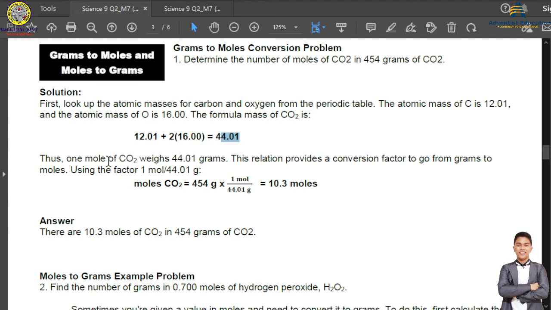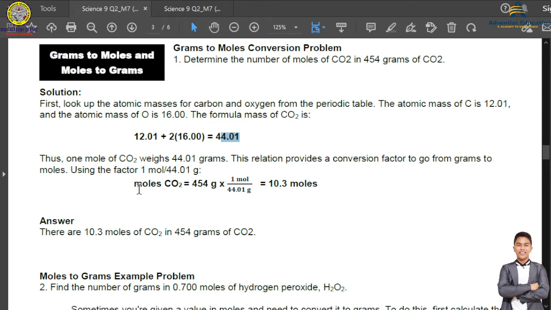We are no longer using Avogadro's number here because this is no longer an individual element. Whatever the total molecular mass of a compound is, that is equivalent to 1 mole. So I put here that 1 mole of carbon dioxide weighs 44.01 grams. That will be the total mass of that compound. This relation provides the conversion factor to go from grams to moles, using the factor 1 mole divided by